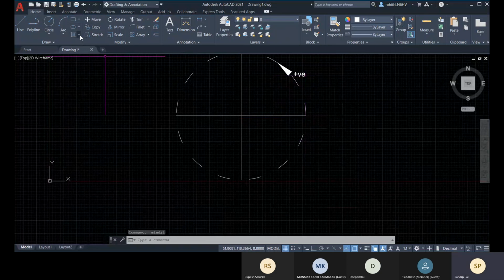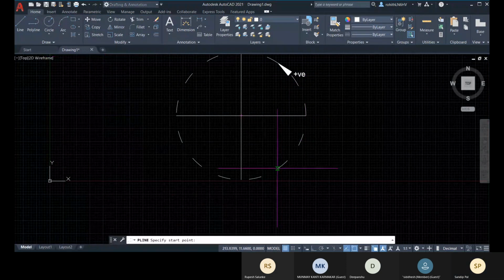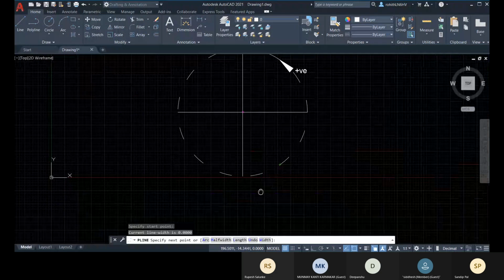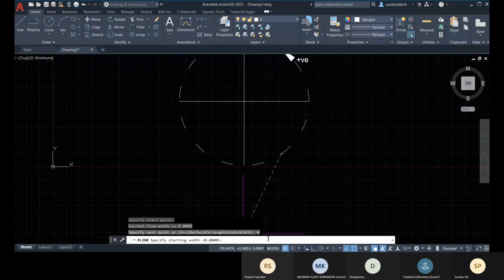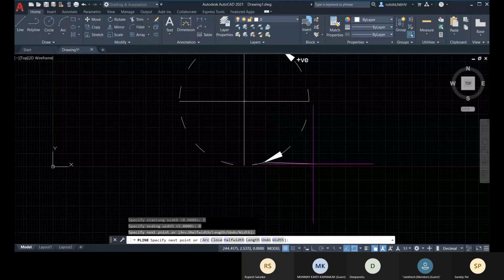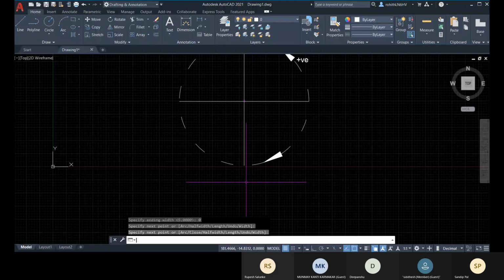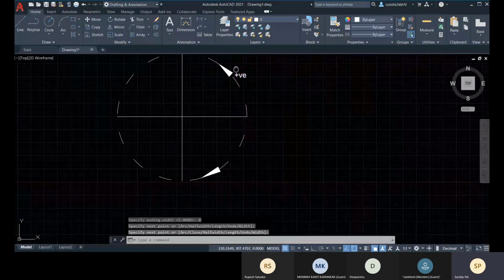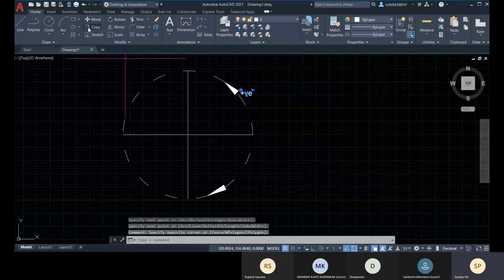And if you are going in this direction, it will be negative.